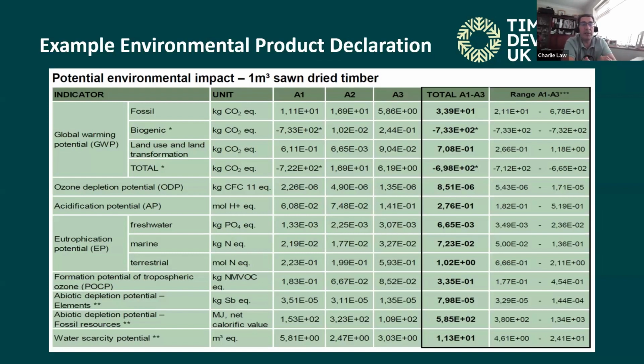Your biogenic carbon is your sequestered carbon in the timber, and then you make an allowance for your land use and land use transformation. So that's the carbon that might be lost from that process of felling the tree by disturbing the soils, etc. And that's all added up to give you a total figure, which in most timber products, near enough all timber products, will be a minus figure. You'll see there that it talks about 7.2 E+02. That's what we call scientific notation,